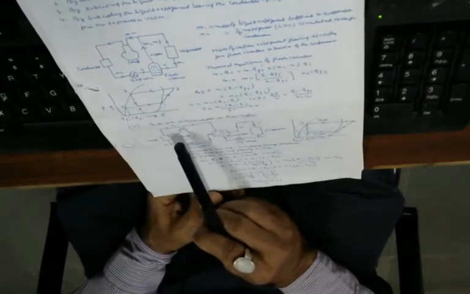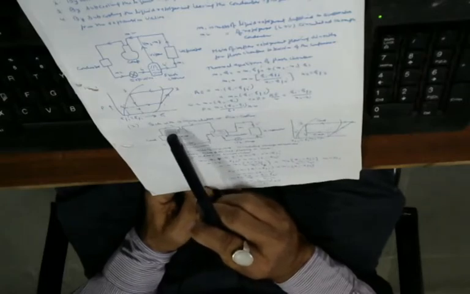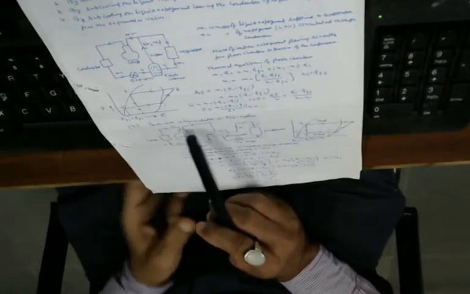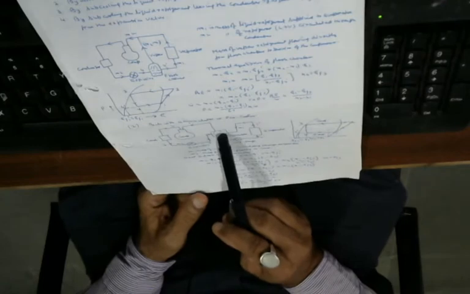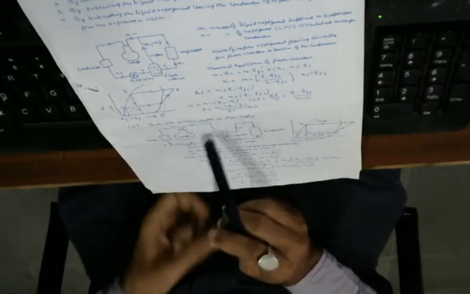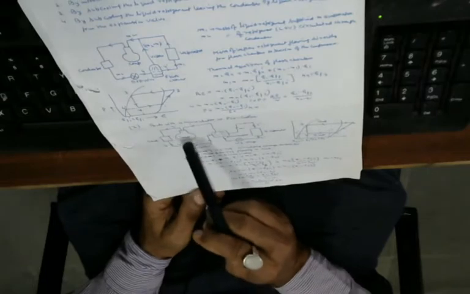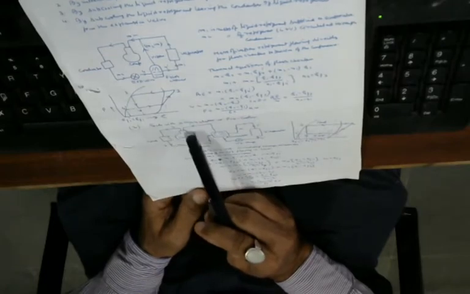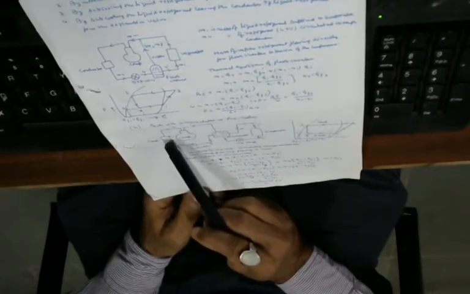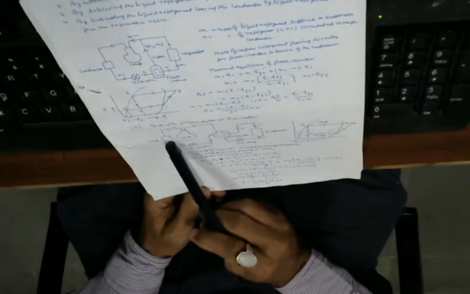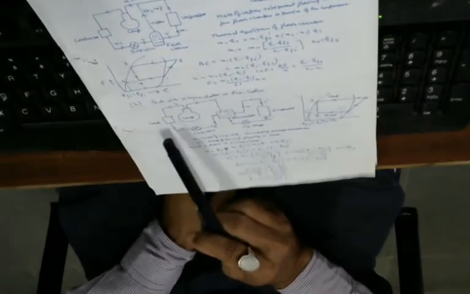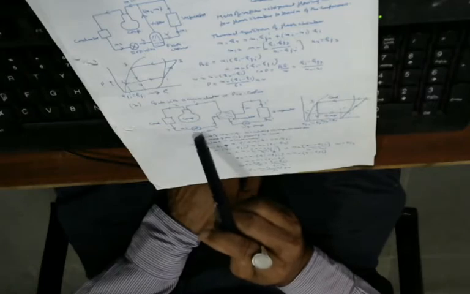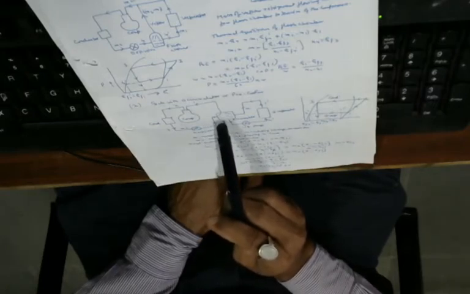Now the next process for the further improvement of the COP: cycle with accumulator or pre-cooler. We have got one accumulator over here, then the compressor is there, and when the refrigerant is being compressed, it goes out to the condenser, it is being liquefied in the condenser, then it goes to the expansion valve, and from the expansion valve it goes to the accumulator.